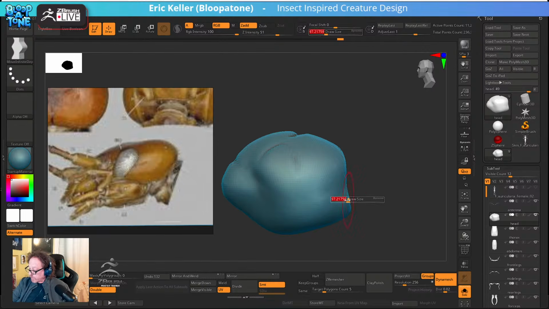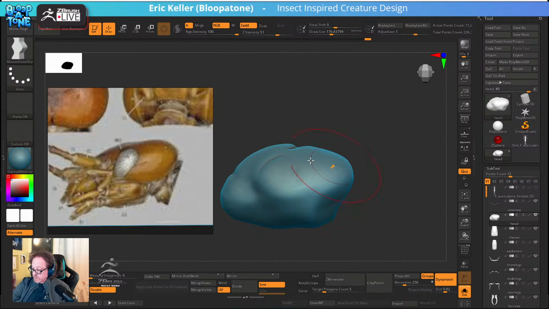Use that move infinite depth. So this is kind of got some cool shapes going on here in terms of just the overall, this kind of thing. So we can